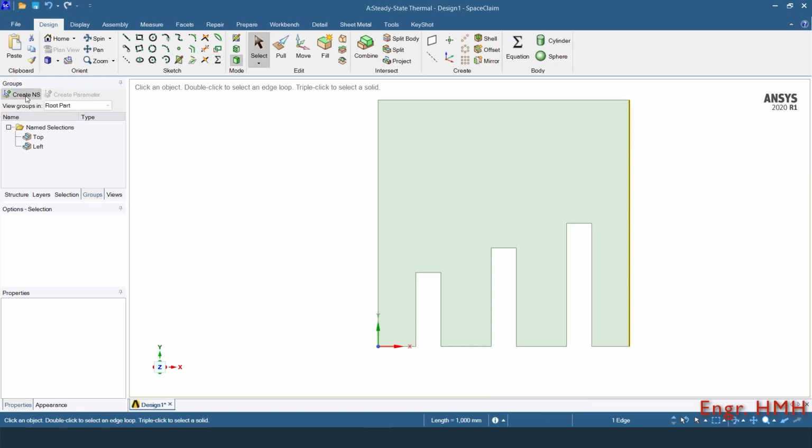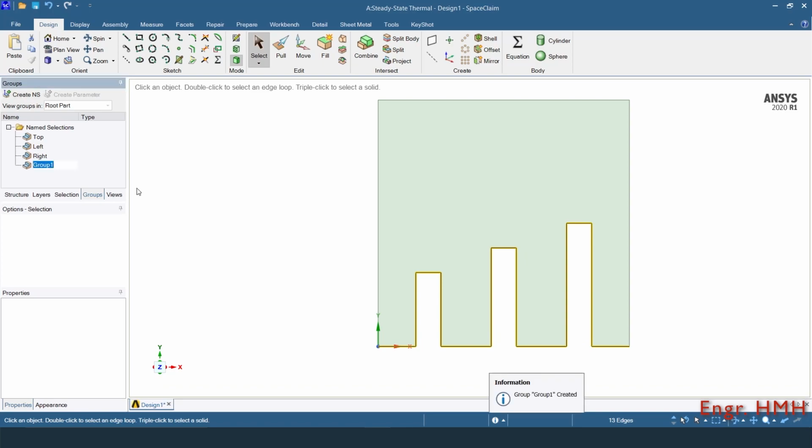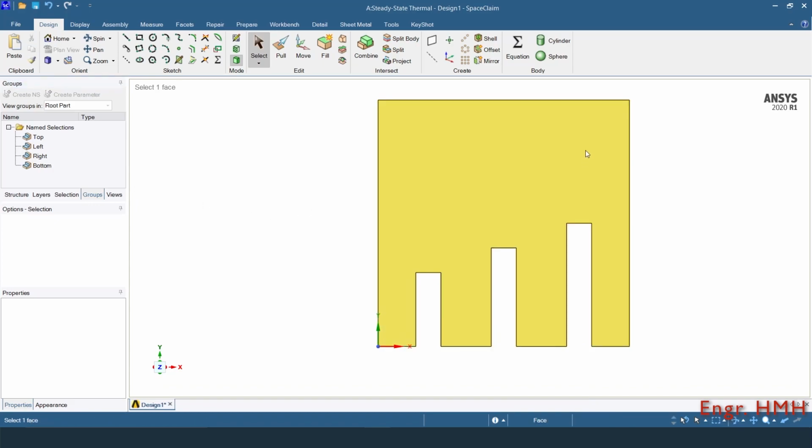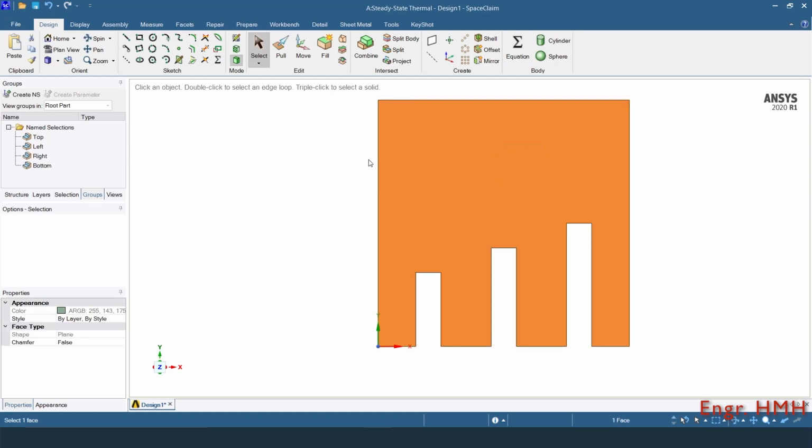Right edge and name it right. Now click and drag to select all the bottom edges and name it bottom. At last, select the surface and name it surface.